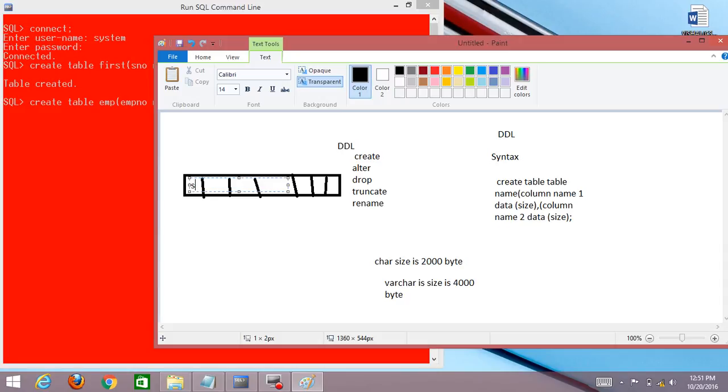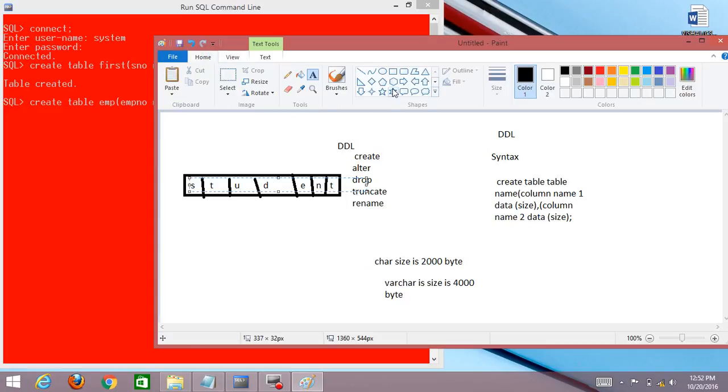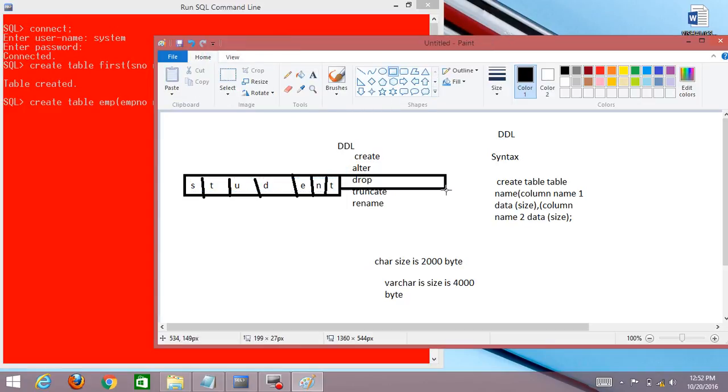Suppose you write a table name student, S, T, U, D, E, N, T. But at this time you have multiple tables here.